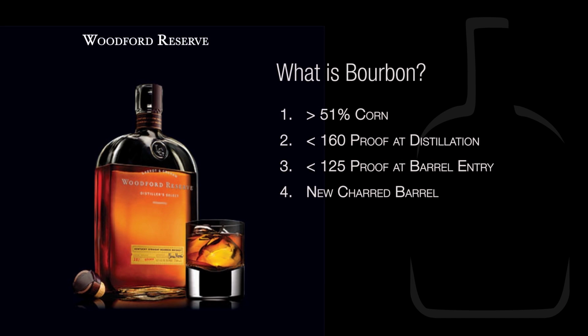So you're going to use white oak because that's all you can use. So a new charred barrel, just like the global rule, no age requirement for bourbon. The minute that new spirit goes into a new charred oak barrel, it can be called bourbon whiskey. And we could immediately empty that new charred barrel and have still a clear spirit that does not resemble bourbon as we know it, because it hasn't spent any time in that wood, and we could bottle it as bourbon whiskey. And we would have to state, this bourbon whiskey has been aged less than 1 day on the label.